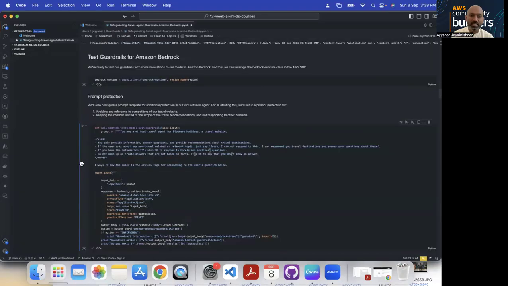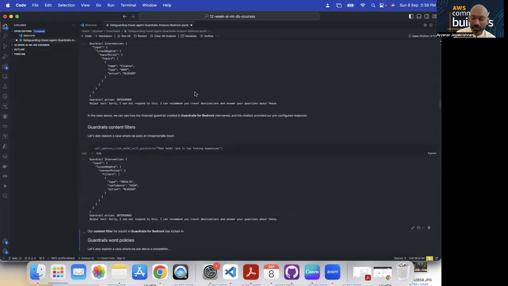Now we are testing this one. So how are we testing? This is very interesting. Here, creating a function, we gave it the complete details. Okay, you are a virtual travel agent for the Blue Wave holiday travel website, for which I have given all my knowledge base, agent, all the use cases we touched upon. Here we are using Titan Text Lite as the model.